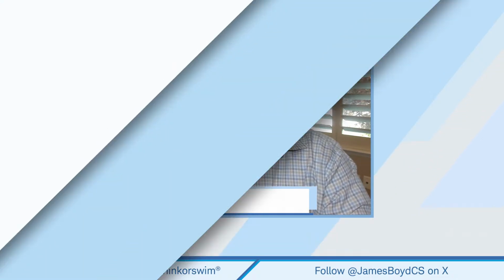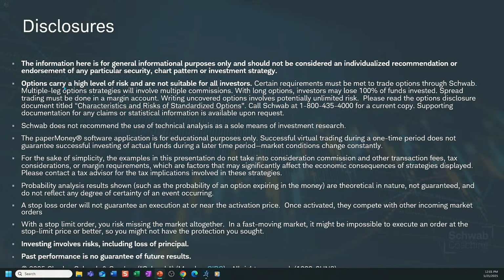Also, a quick reminder that the information here is provided for general informational purposes only. I don't plan necessarily to talk about options. If you had a question on options, we're not getting into deep options. We might show an example of an option trade, but we're not going into that. We're talking about the Thinkorswim platform per se and how to do trades and adjust positions, things like that. Also remember that our examples here today will use the Paper Money software application. I'll also mention two others as well and where you can find those. And also remember that investing involves risk, including loss of principal.